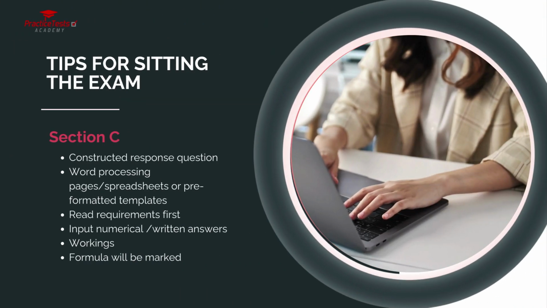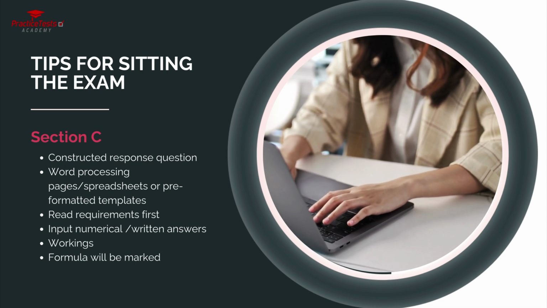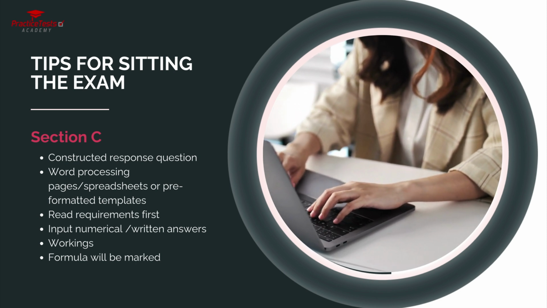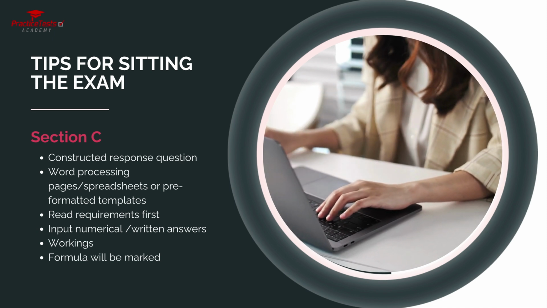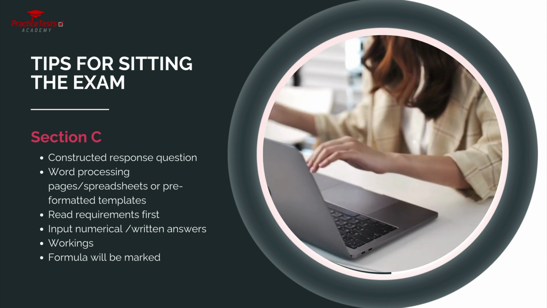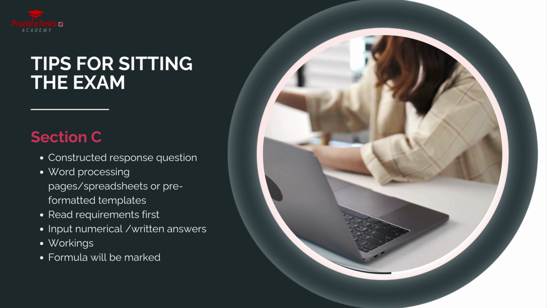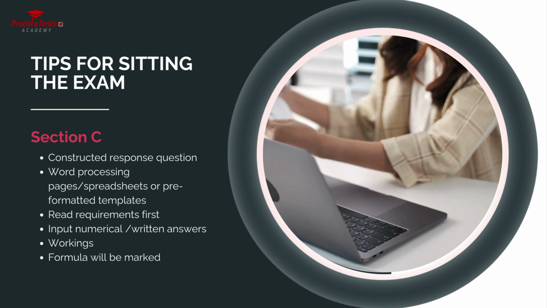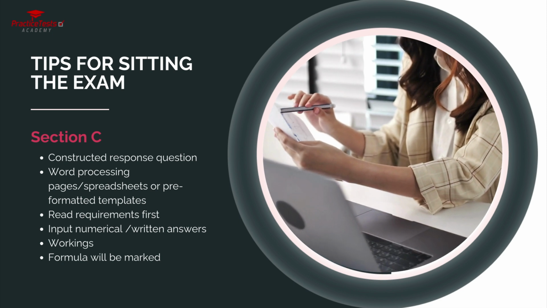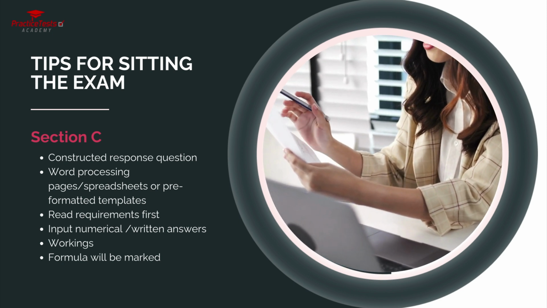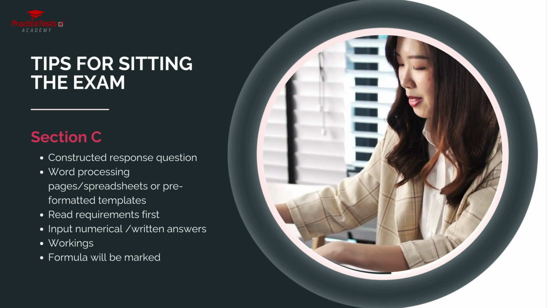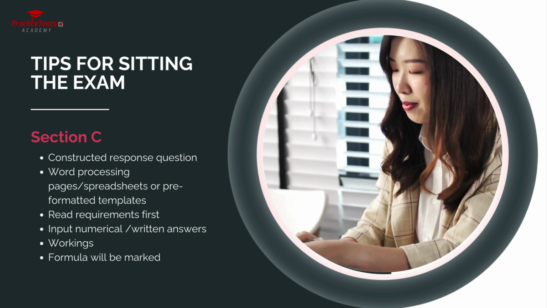Now, section C, the constructed response question, is nearly half the paper. It's 40%. There are word processing pages and spreadsheets that you can use, or sometimes you're given pre-formatted templates with gaps to fill in as you go through those templates. Make sure you read the requirements first and you input numerical and written answers in there and include your workings. If you put formulas in there, those formulas will be marked, but make sure the workings and the formulas are